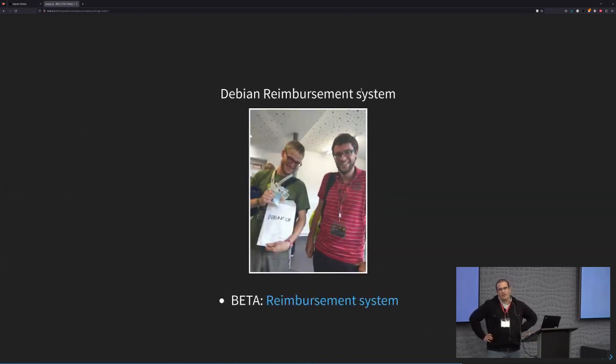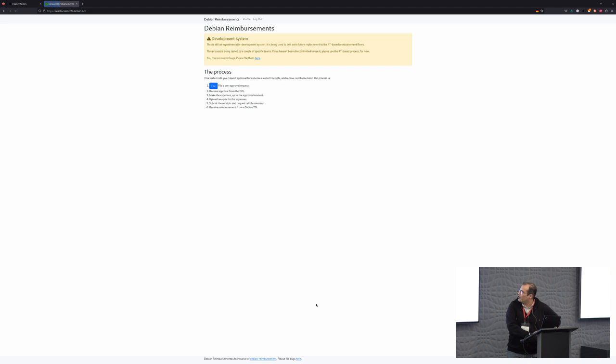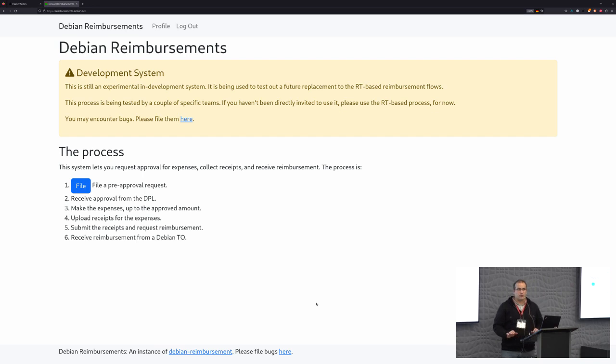So recently, we launched with Debian a new reimbursement system, which these guys are the, well, you know them, they're Debian CH, Debian Switzerland, and I wanted to talk about this reimbursement system that Friction has been sponsoring and Stefano has been writing here, and it's been in a beta testing stage. So if you have any expenses for doing your Debian work, anything you think Debian should cover or could